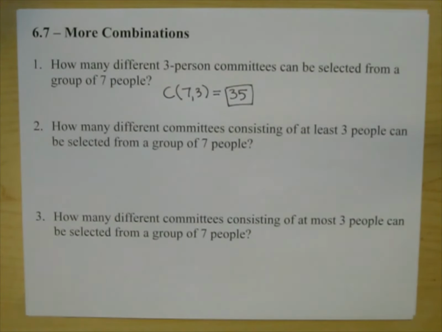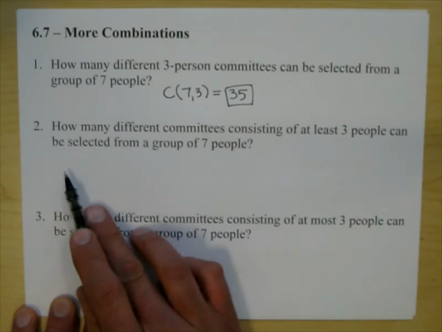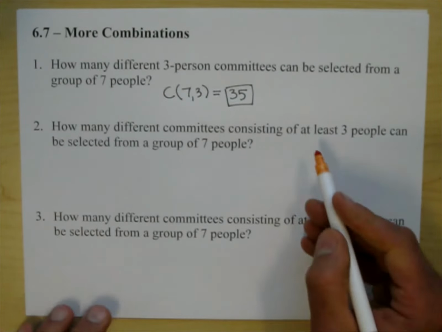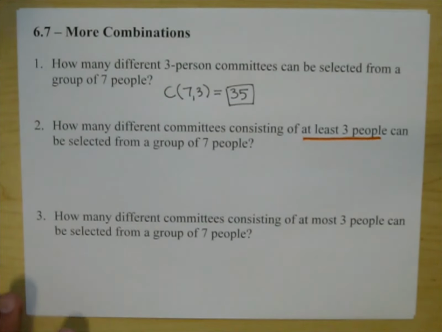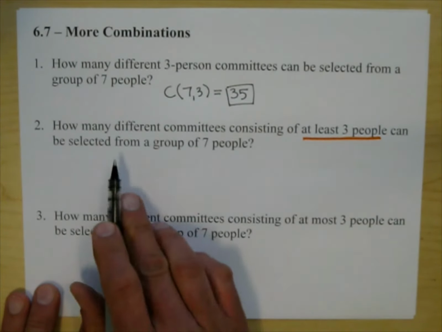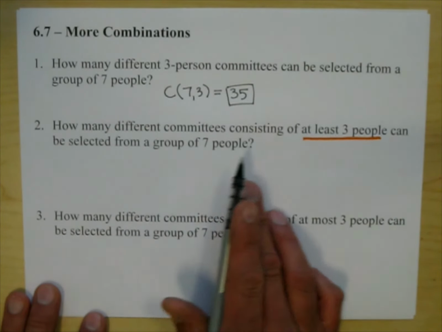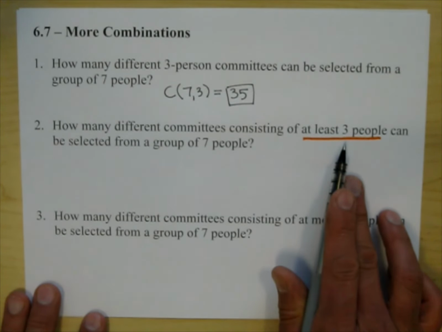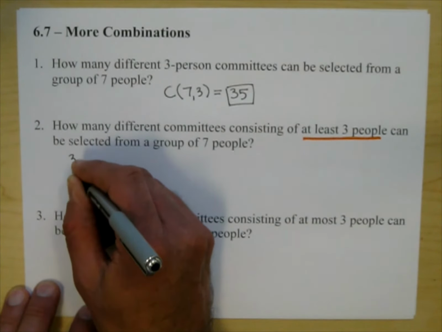Okay, let's continue. How many different committees consisting of at least 3 people can be selected from a group of 7 people? So now we have this. It says at least 3 people. How are we supposed to do this? So at least 3 people means 3 people or more. If I have at least $20, it means I have $20 or more. So at least 3 people could be 3 people